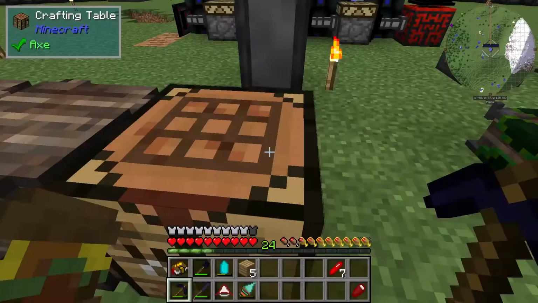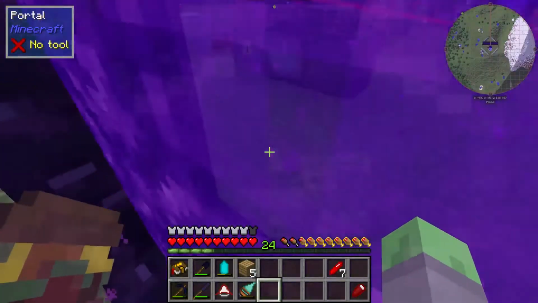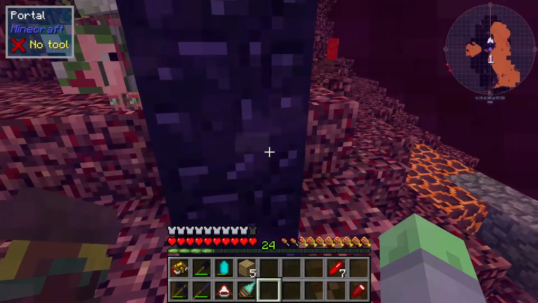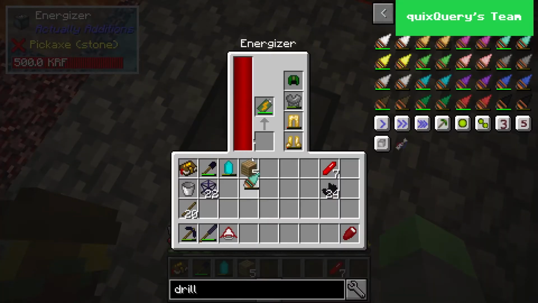Well, let's do this. There's our drill, and we now need actually to go to the nether to our energizer to charge this thing up, because we don't have one of those in the overworld. So let's...